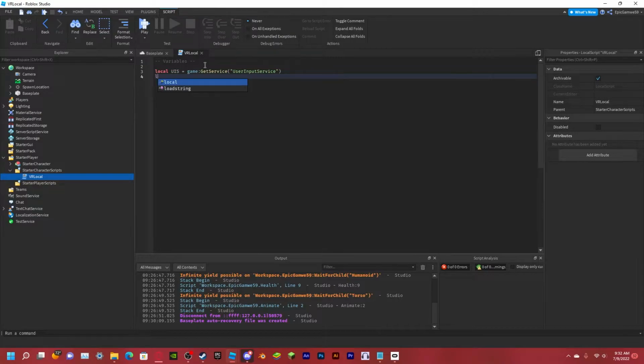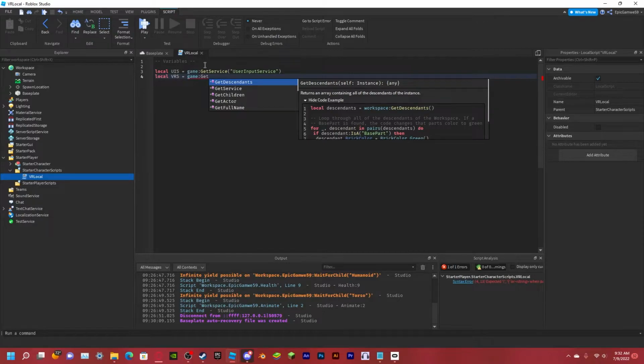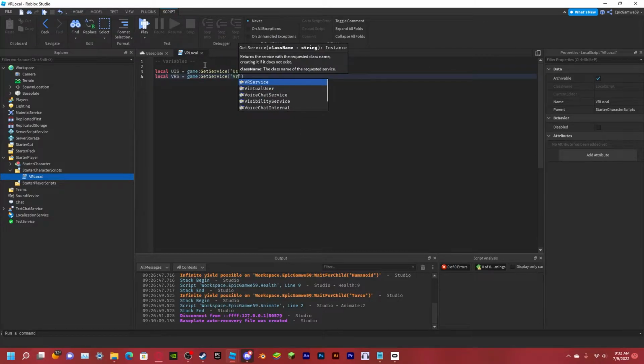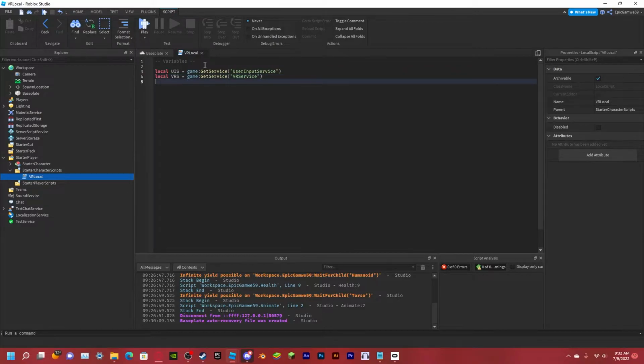So then local VR service, I'm doing VRS for short. Still game GetService, all the same. Make sure you type VRService this time. And then local player, you can name it whatever you want. I usually type player like that. Equals